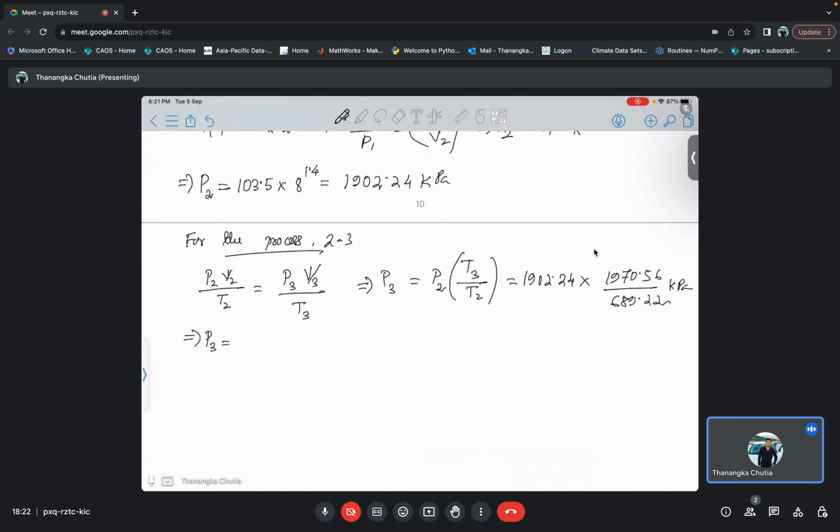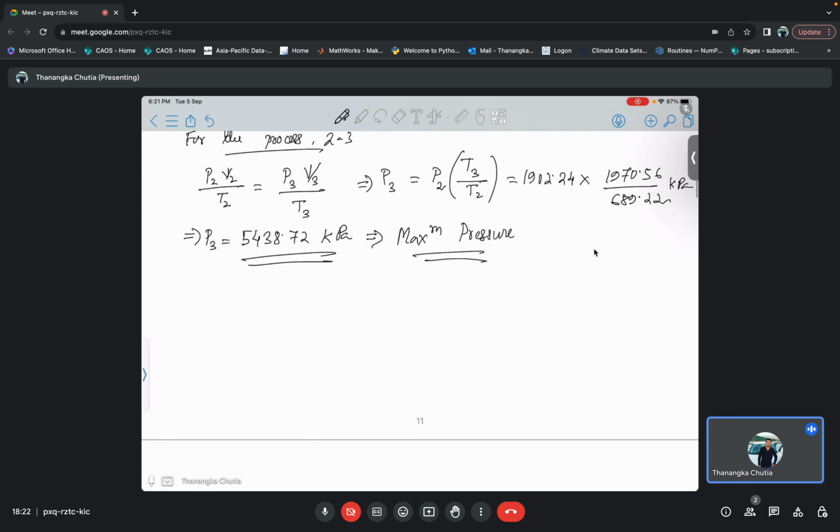1902.24 into 1970.56 divided by 689.22. Okay, so you will get this one as 5438.72 kilopascal. Okay, so therefore this is also equal to your maximum pressure. We have got the maximum pressure, we have got the maximum temperature. Now our task will be to calculate the efficiency